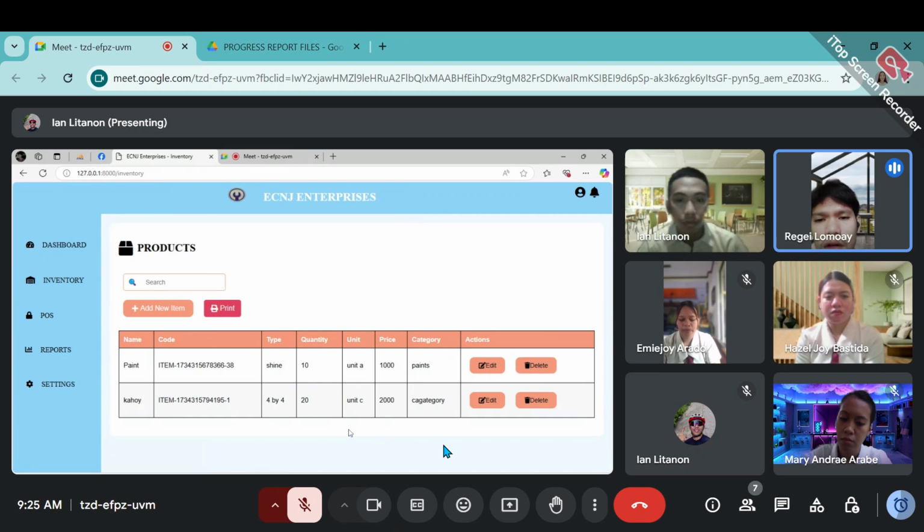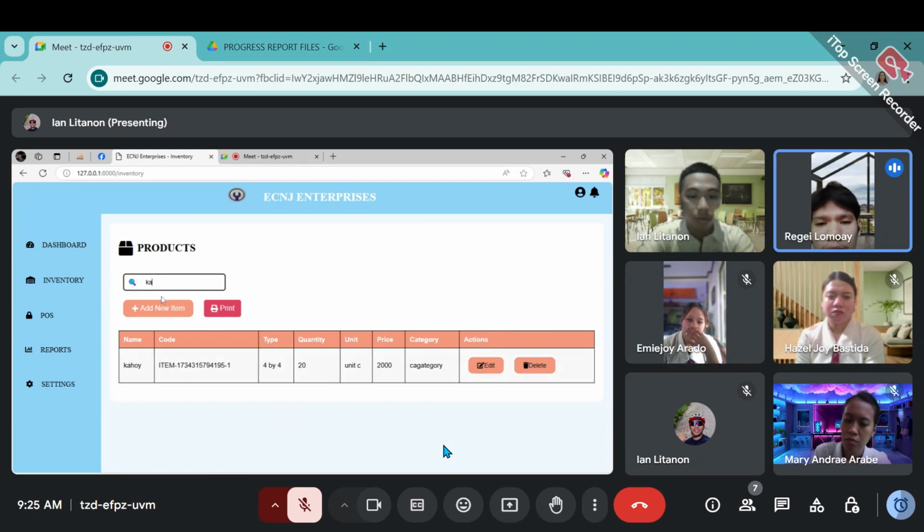So Mr. Ian Litanon, kindly test the search area so the functionality test will be shown.